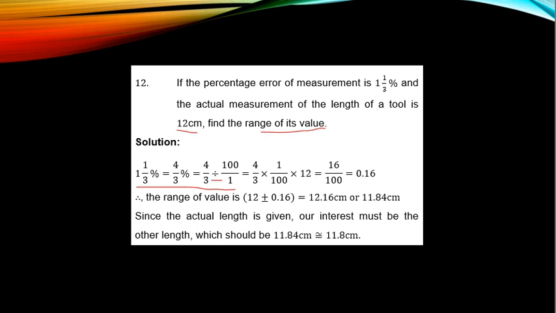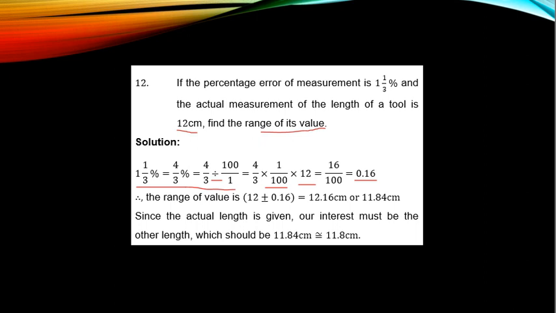The fraction 100/1 is inverted to 1/100. To get the range, that value to be added or subtracted, you multiply everything by 12. And when you multiply and divide, you have 0.16. So the range of value is the length of the tool plus or minus